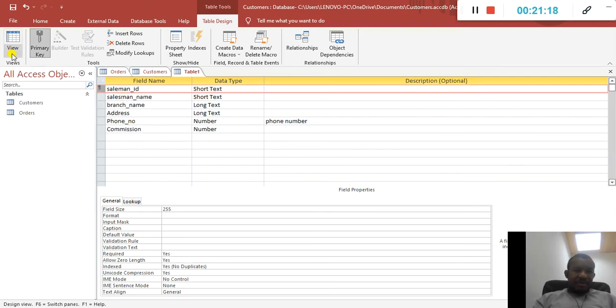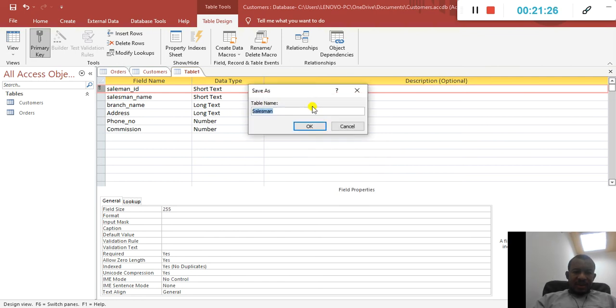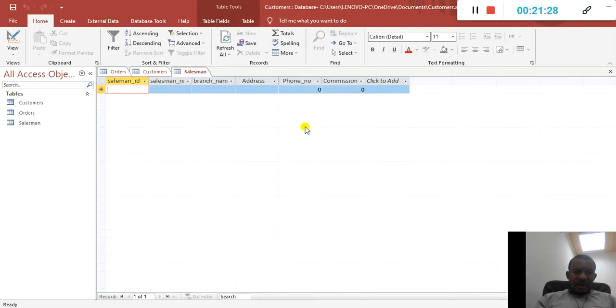Let's get back to our datasheet view. All right, so do you want to save it? Yes, salesman. Okay. All right, so our salesman table is saved. Yeah, right now we have three tables, and the next thing we can do is enter